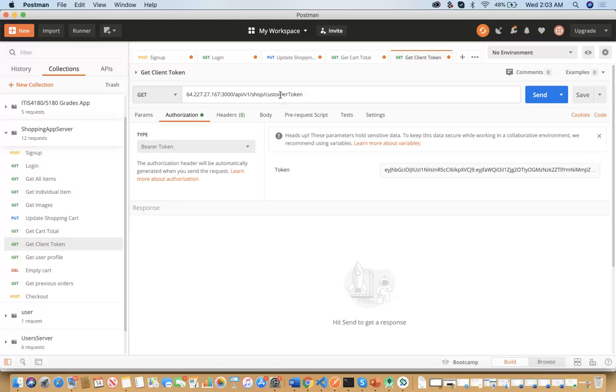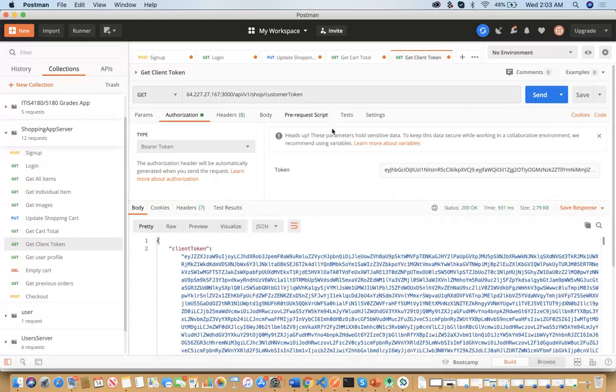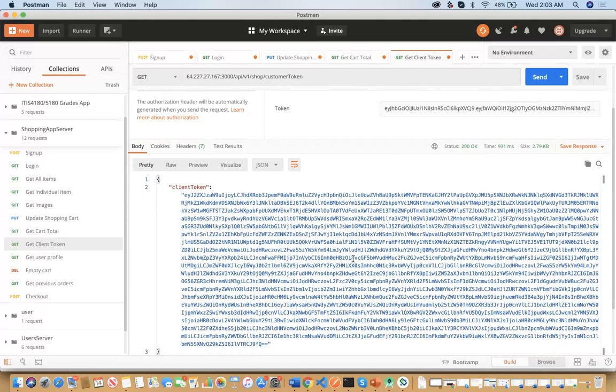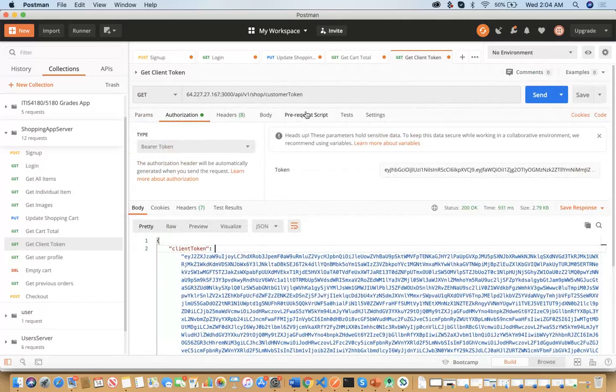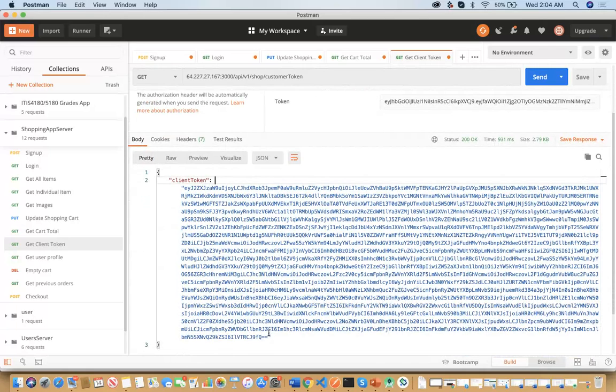So let's say that we want to fetch a customer token for the logged in user. You send a request. So this endpoint will make a request to Braintree with the client ID of the logged in user, and they'll generate a client token, which is a JWT, and it is sent back in the response to the user on hitting this URL. This token can now be used to create a nonce from the client who is trying to make the payment.